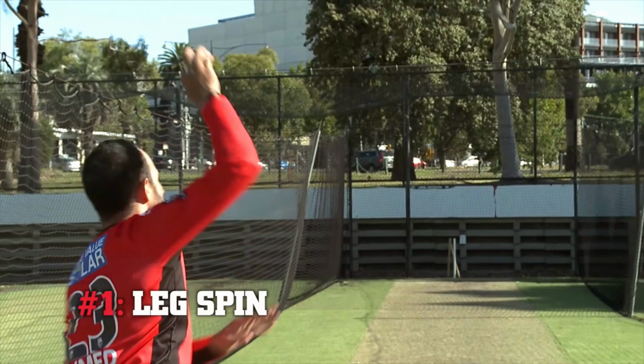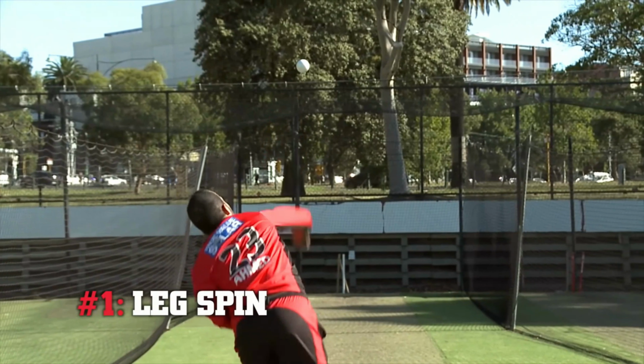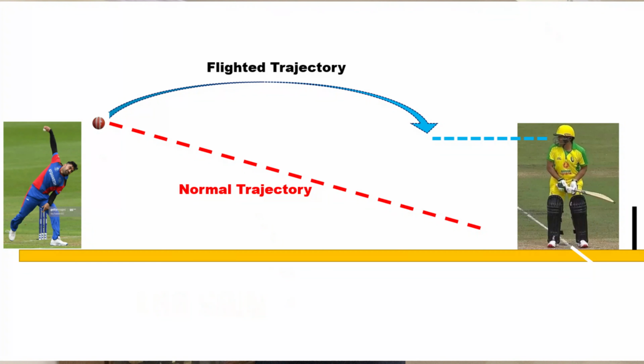So when do we play step out and drive? It is when the spinner is taking a flighted trajectory to attack you and you see that the ball is above your eye line. That is when you step out and get to the pitch of the ball to drive. The reason why we specified the eye line and the ball coming over it is because that is when you get enough time to get to the pitch of the ball and then maneuver those singles, doubles or even a boundary. The third and the most important question, how do you play a step out and drive?